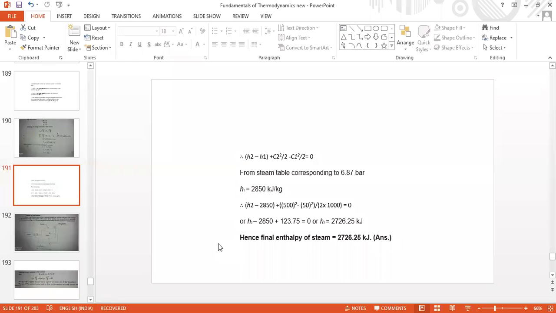M dot in equal to M dot out. That means mass flow rate at entry. If 50 kg per second is entering, that much mass flow will leave. That's all. Steady flow. Constant flow. What you said is correct, but you could not complete your sentence in the equation form. In the equation form, it has to be dealt like this: M dot in, or mass flow rate that is entering, is equal to mass flow rate that is leaving out.